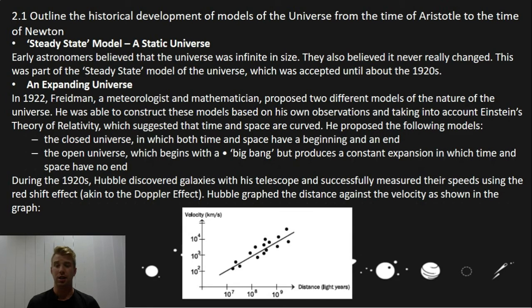In the 1920s, there was a scientist called Edwin Hubble who discovered that galaxies can either accelerate away from our galaxy or accelerate towards our galaxy, which was key, and he adopted this model by using the Doppler effect with his telescopes and measuring their speeds. So he graphed these distances and the velocity of them, and he found that there was an acceleration of expansion. And this is key to understand how the model has progressed in time.